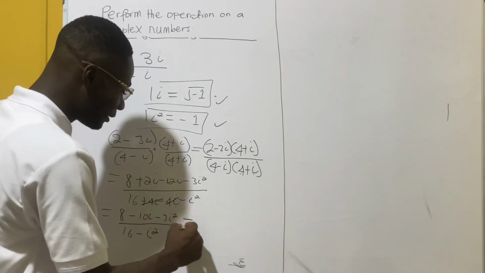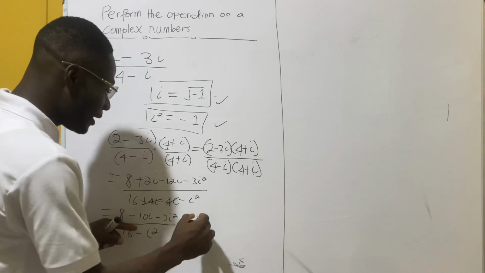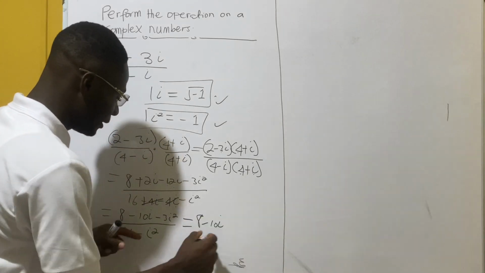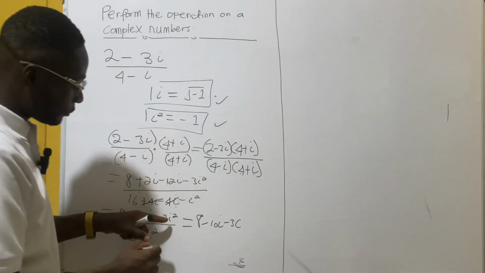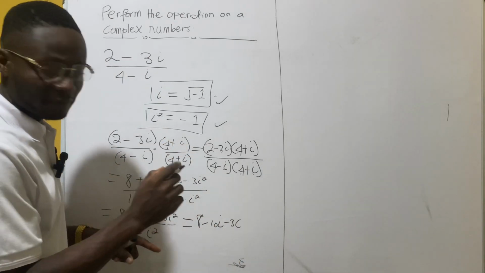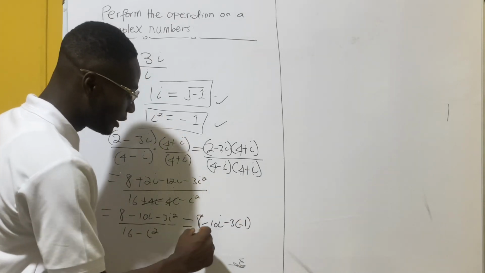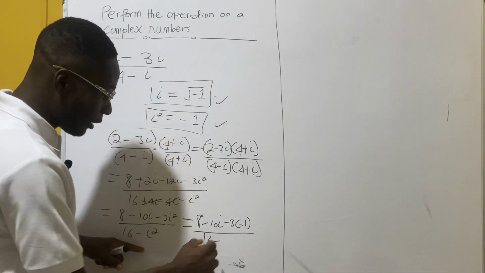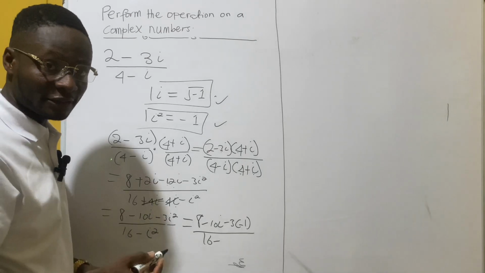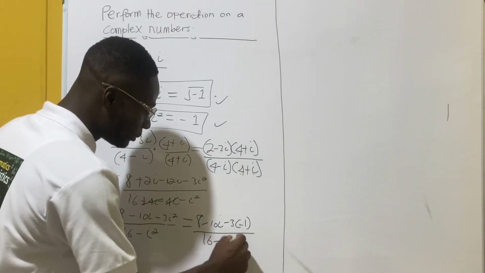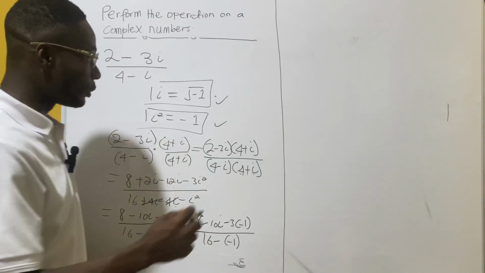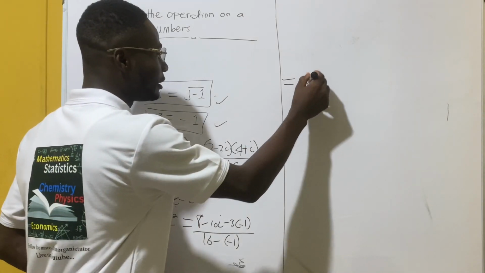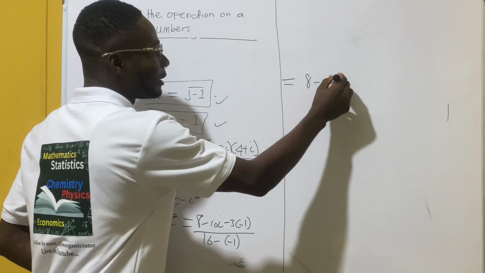This basically reduces to 8 minus 10i minus 3 times, and we know that i squared is -1, so we're going to have minus 1 here, all over 16 minus i squared, which is -1, so we're going to have times -1. So basically we reduce the information to 8 minus 10i